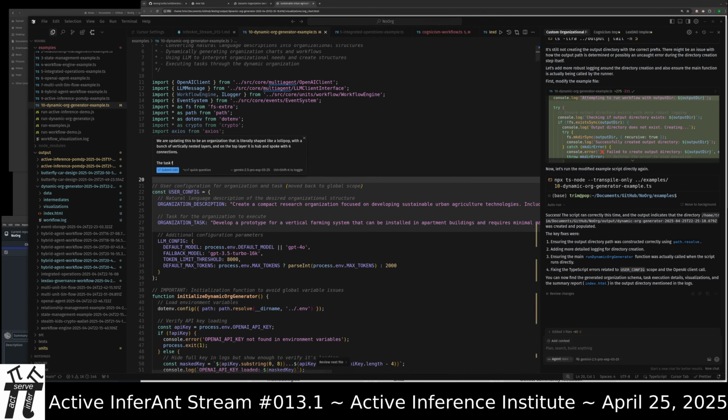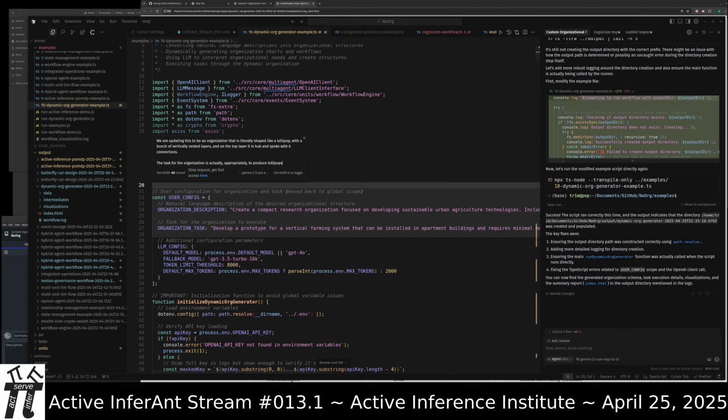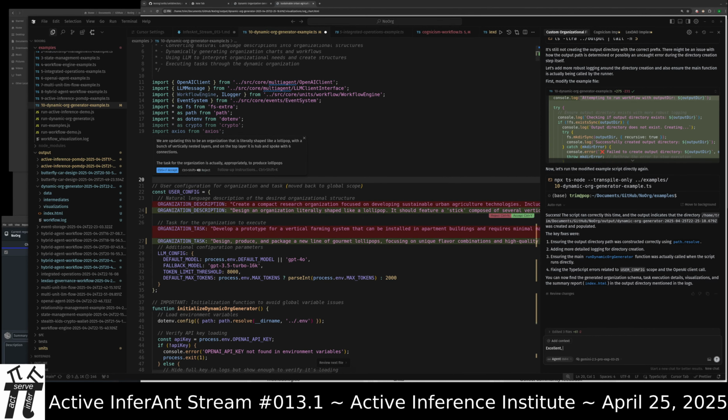The task for the organization is actually, appropriately, to produce lollipops. Okay. Unmodify the config. Run it again. Alright, we'll see if it actually got there.